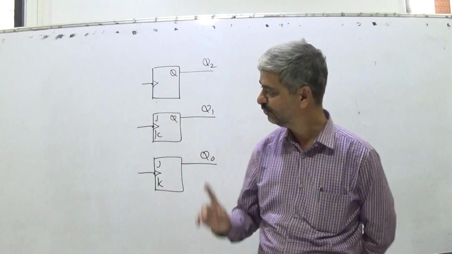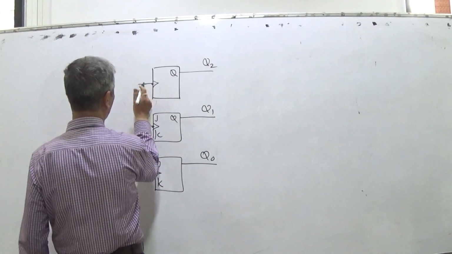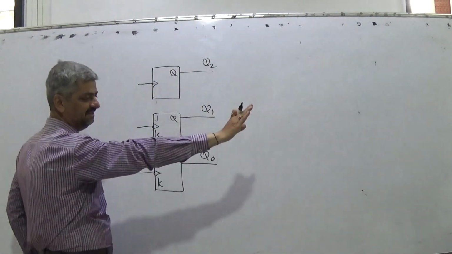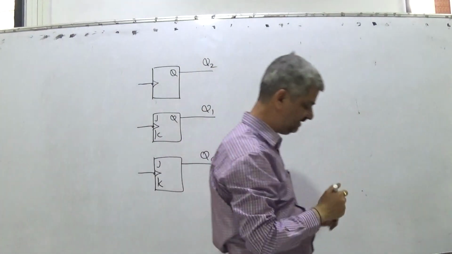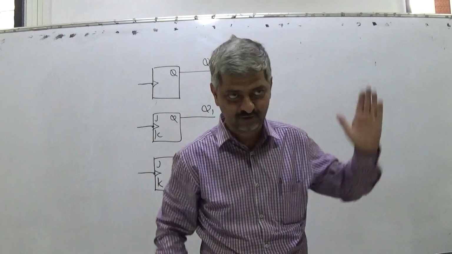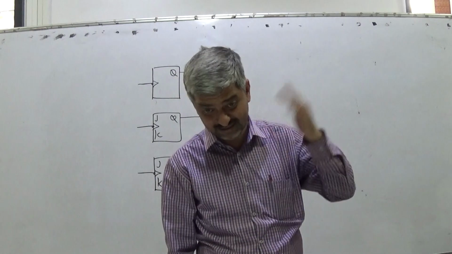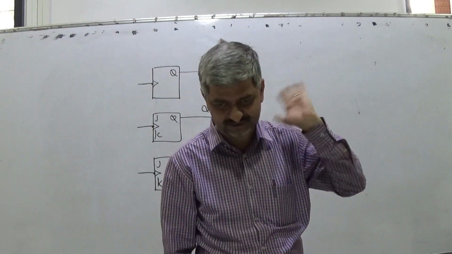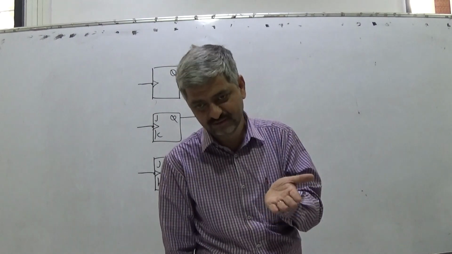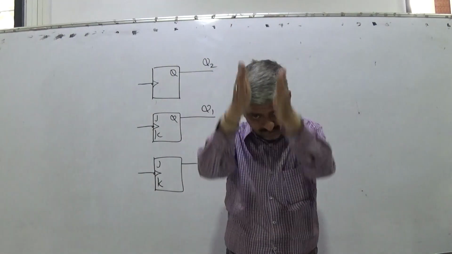This is the difference. So in synchronous counters, the clock to all is the same. So all flip-flops change the state simultaneously. In fact, when I say simultaneously, there is a small difference depending upon which flip-flop is fast or slow. When the call from the call center comes, depending upon my deep asleep state, one may get awakened within half a second, one may take 2-3 seconds. That may be the difference, but almost all get awakened simultaneously.